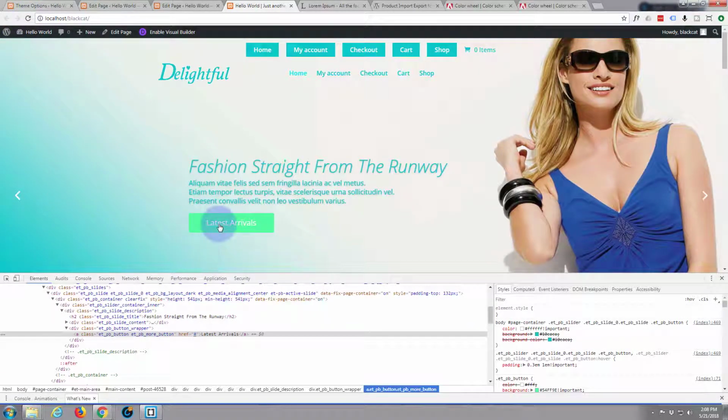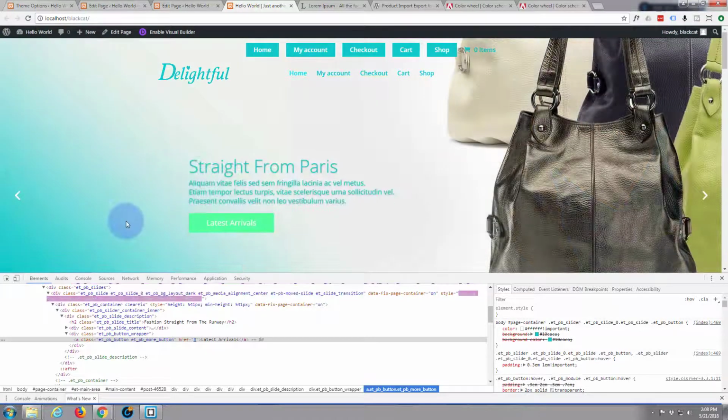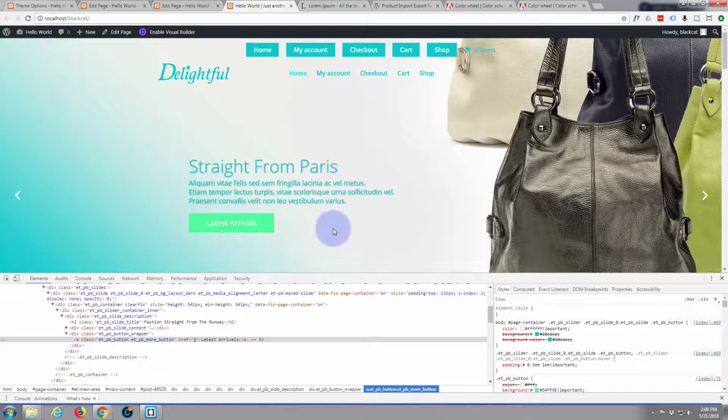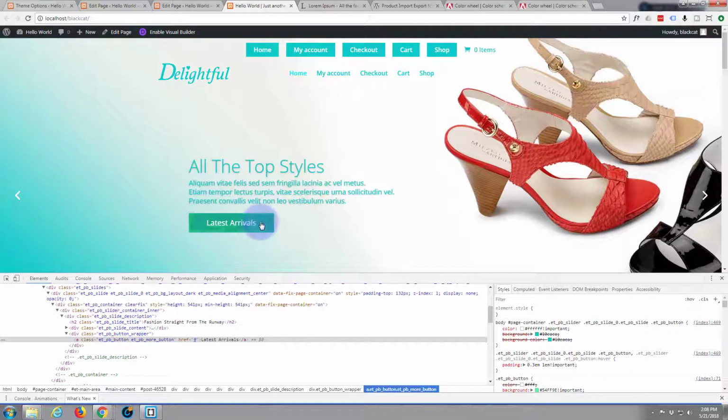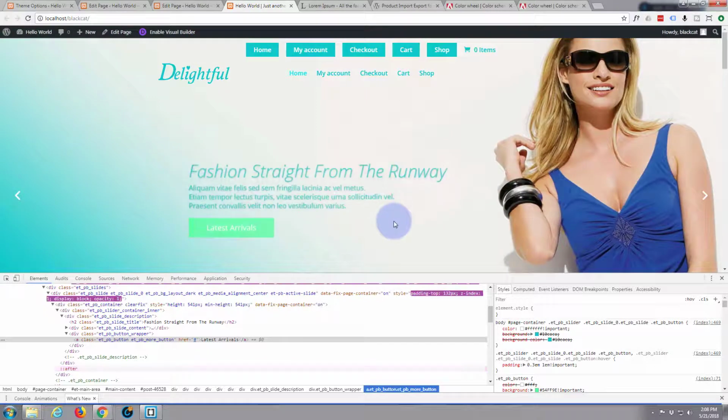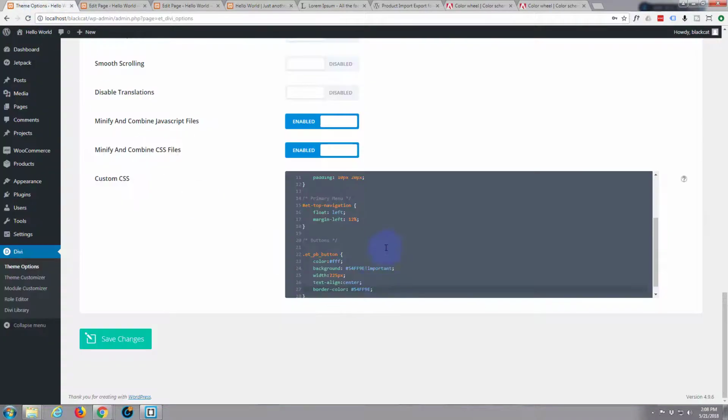There we go. That's correct. Now the text is in the middle and it's the correct green color. Let's change it on all of those sliders there. Now, when it hovers, I just want to change that background to our nice blue here. So let's do that quickly. We'll do it this way again. What I'm going to do is copy that, drop down one,